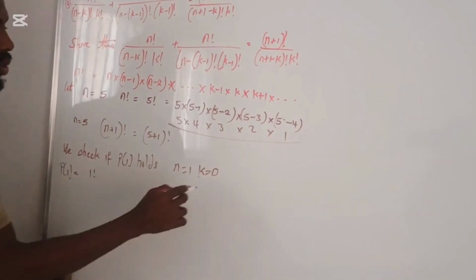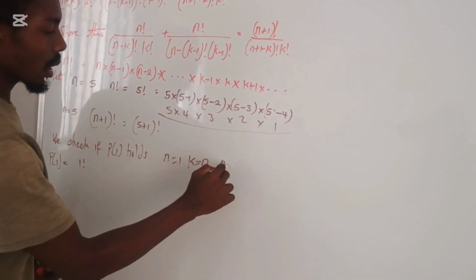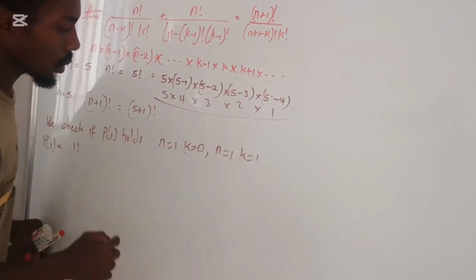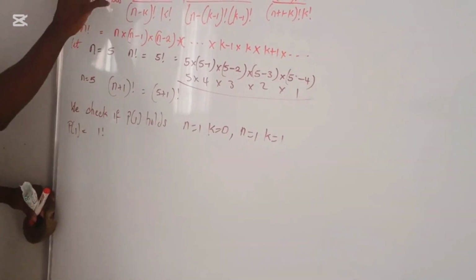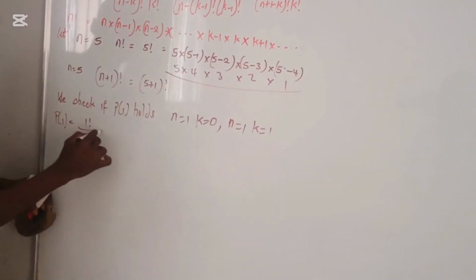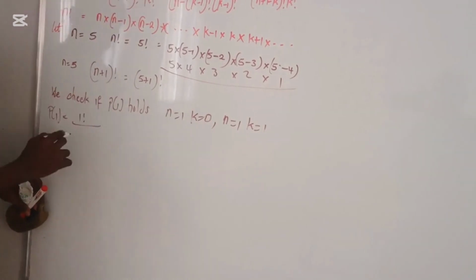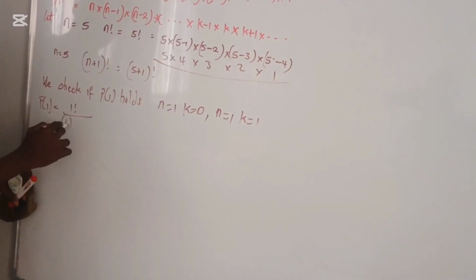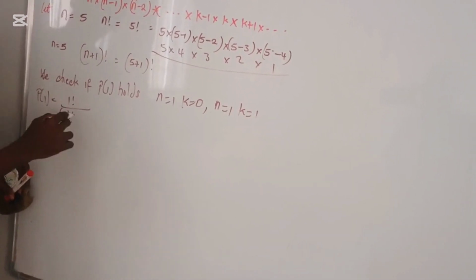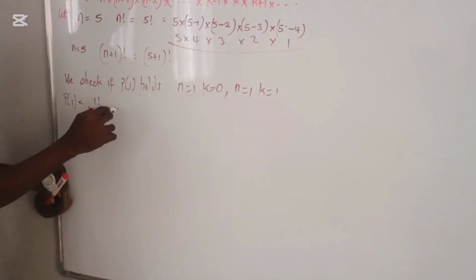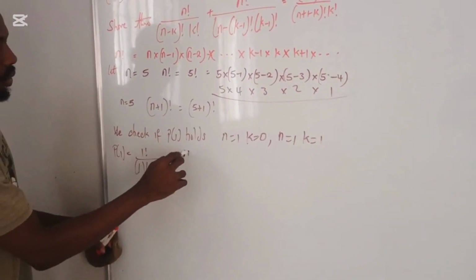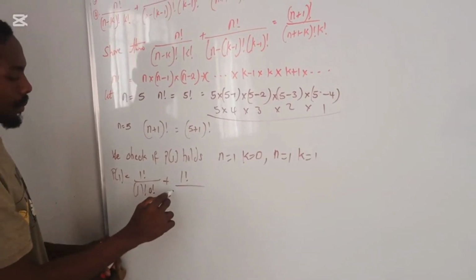That is the first one we're going to check, and after this one we check for n equals 1, k equals 1. So for n equals 1, k equals 0, this is 1 factorial over (1 minus 0) factorial, which gives us 1 factorial, and we'll have 0 factorial, plus 1 factorial all over